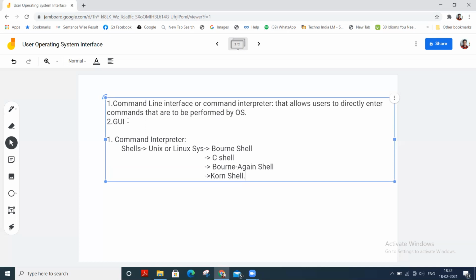Most users choose a shell based upon personal preference.